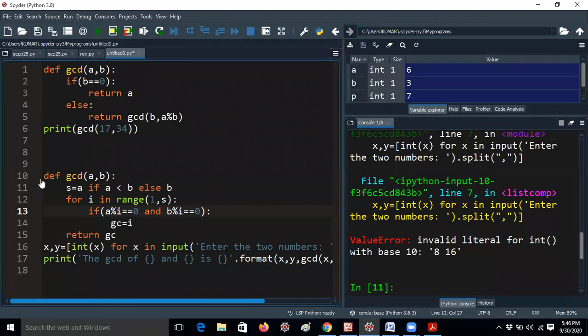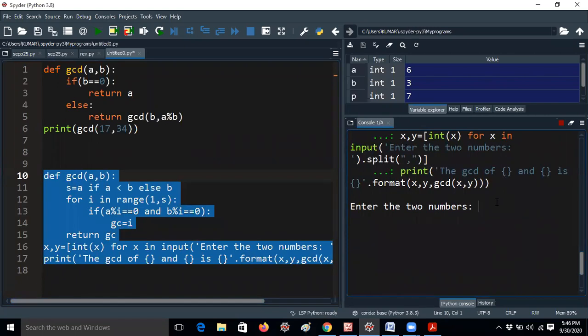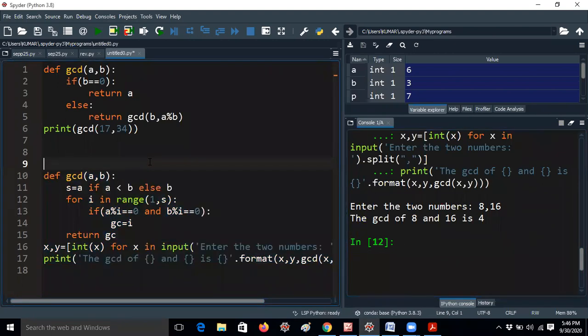Let me give comma. I'm not watching your comment, Soumya, because I'm in the Spyder window right now. Wait, please. Yes, that is getting 4, but it is a wrong answer, right? There is a mistake in the logic, because for 8 comma 16 you are getting only 8. So the answer is 8 only, not 4. Anyway, you just try, no problem. But it is a very simple way.